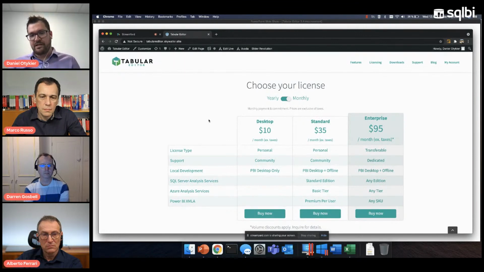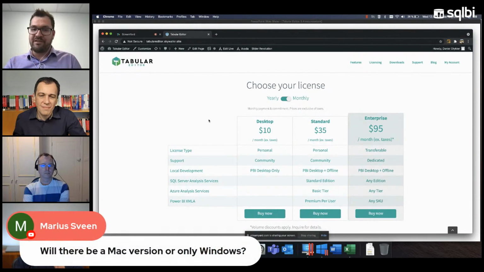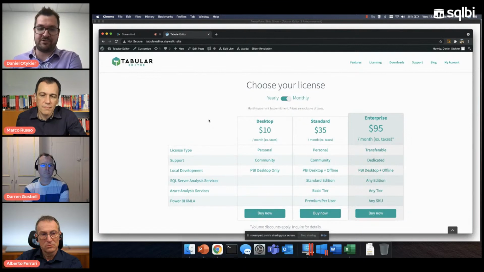So what you have to understand about the pricing model for Tabular Editor is it's really, really difficult to come up with a good pricing model for a tool like this, because ultimately the value that the tool provides is proportional not to the number of BI developers, but actually to the number of BI consumers that you have in your organization.